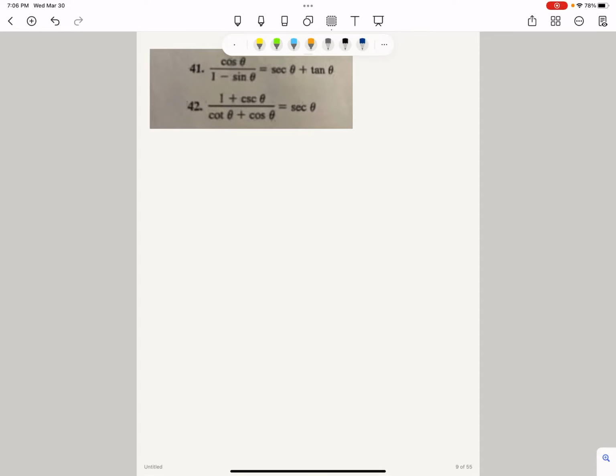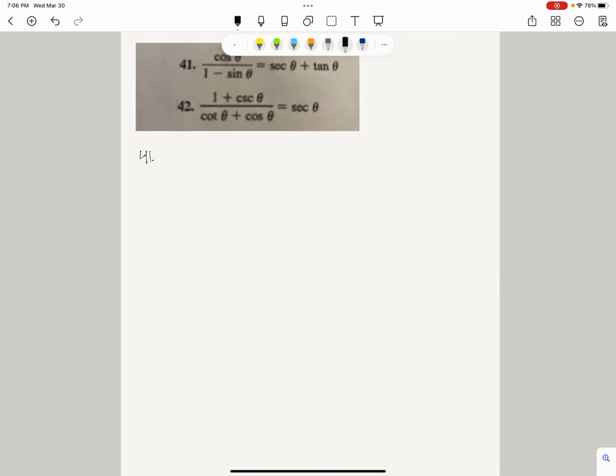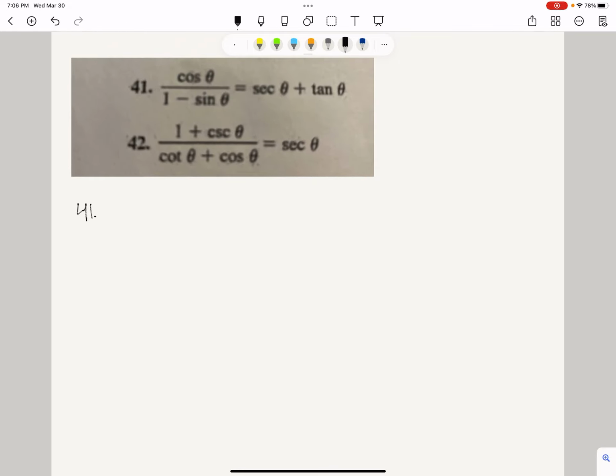Okay, we're going to verify number 41. Number 41 says that we have the cosine of theta over 1 minus the sine of theta equals the secant of theta plus the tangent of theta. So what we want to do is we want that left-hand side of the equation to look exactly like the